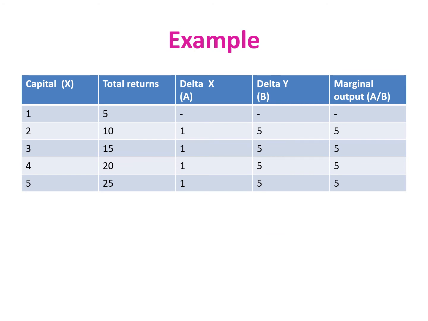It is clear from the table that each additional unit of capital adds 5 quintals to the total output. From this table we can see that if we add 1 unit of input in the production process, it adds 5 units to the total output continuously throughout the process of production. And that's why the marginal output, that is additional output which we are going to receive by adding a single unit of input in the production process, is constant throughout the production process, and it is nothing but the 5.